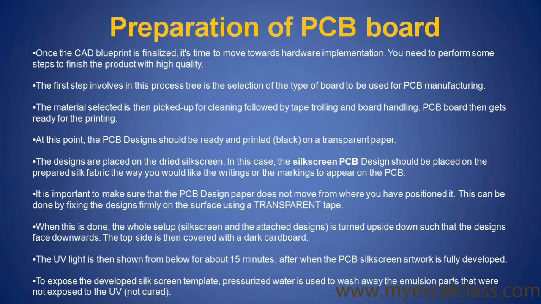Which selection process? The material selection. Material selection is very important. Which material is used? Non-conductive or conductive material for layer to layer. If your PCB board has more than 2 layers, 4 layers, or 6 layers or more,